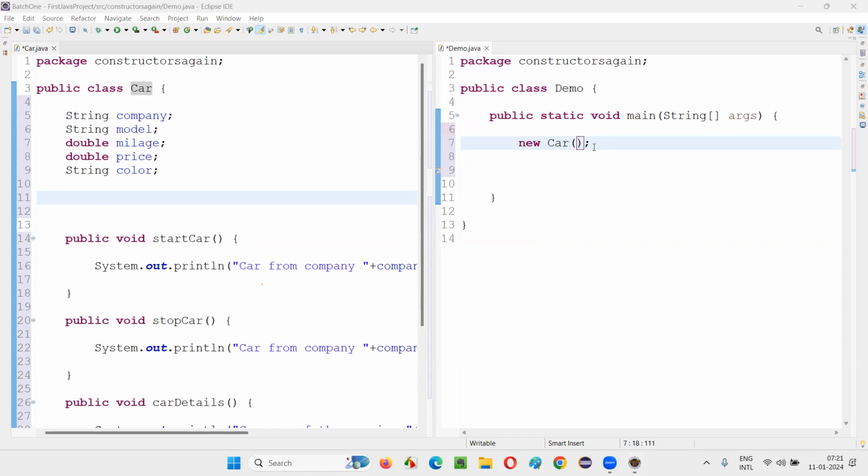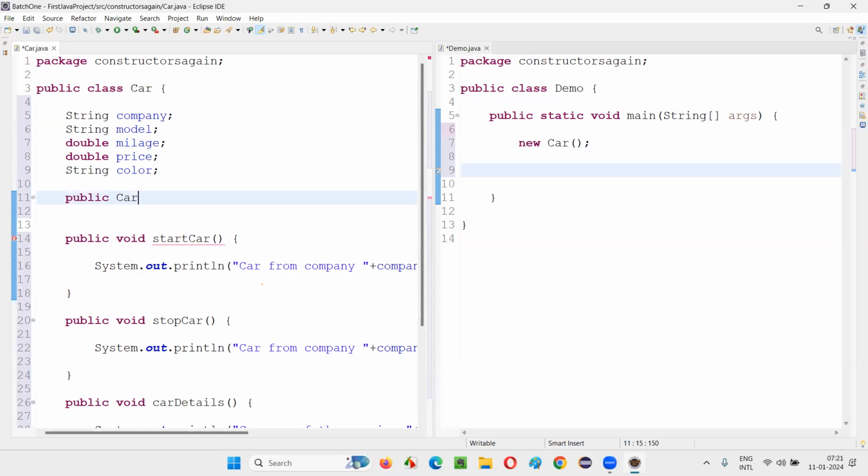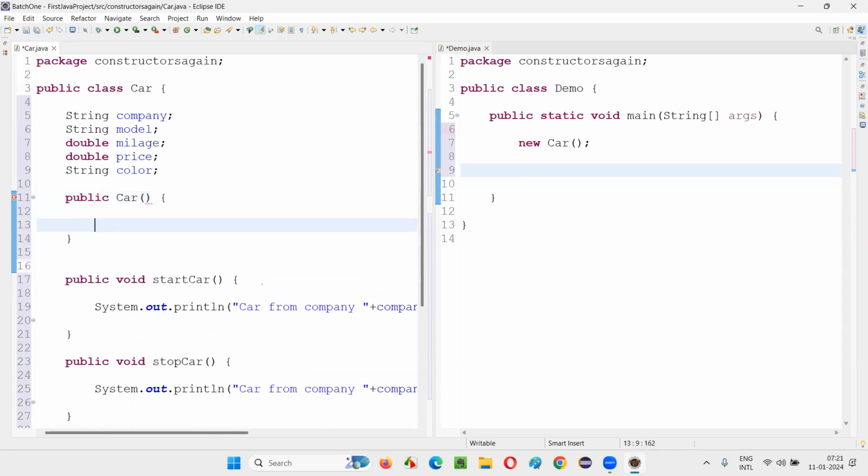When you try to create an object for that, I'll tell you at the end. The definition of the constructor: after you understand the purpose of the constructor, you need to understand the definition. So let me cover this one first. I told you that every class will maintain a hidden empty constructor. But what if I create a constructor? Even though there is an empty hidden constructor, if I still create a constructor, what will happen to the hidden one?